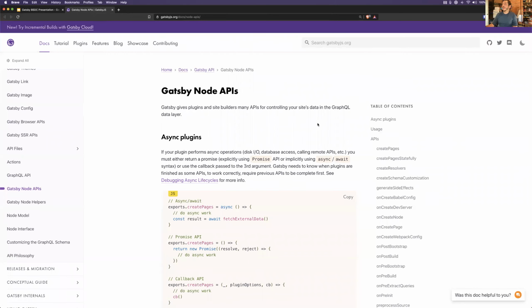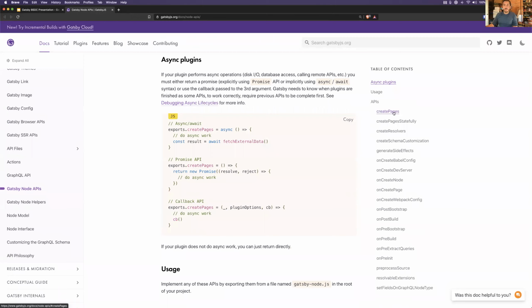So they obviously have create pages API there, create pages statefully. So if you did want to pass certain information statically in the state to be accessed in the template file, you could do so. And then the event hooks that happen in the build process as well,